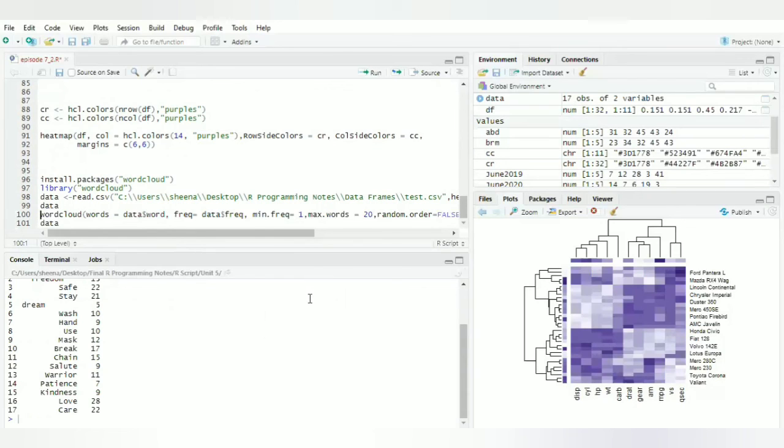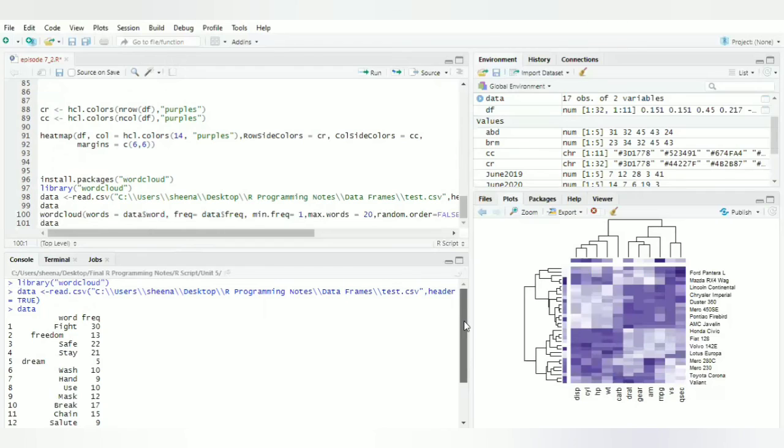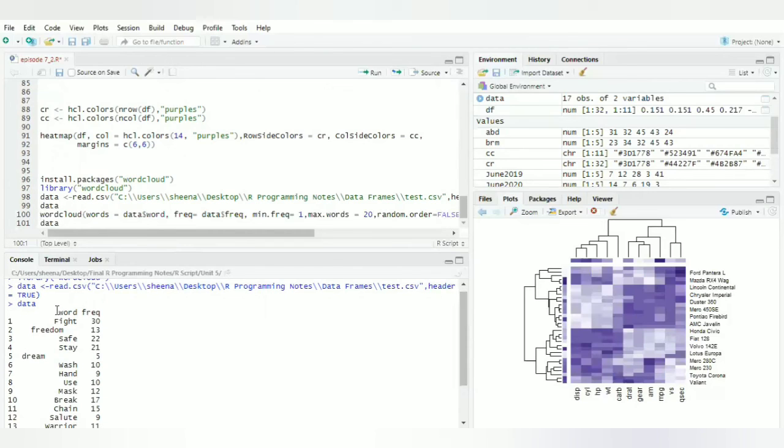Now this is the data file which is generated after text mining. Here we can see the words are there and frequencies are there. These are the different words which are used in my paragraph. So if I want to create a word cloud, I can use these words. To create a word cloud, the name of the function is wordcloud.